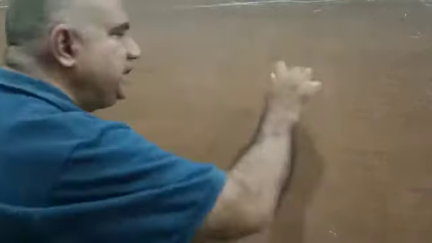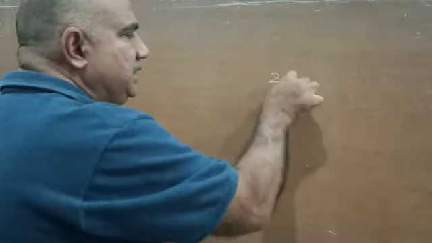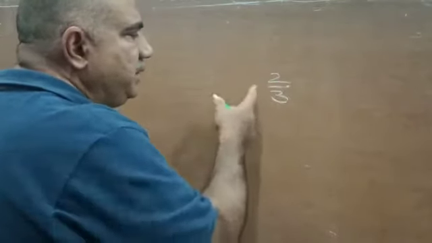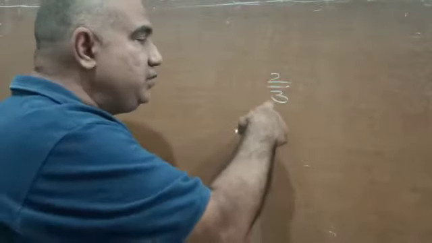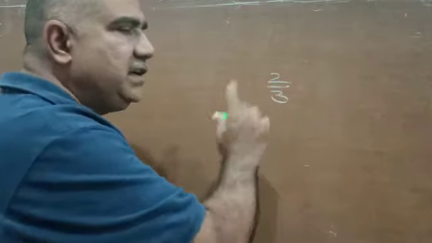Hello students, in this class of ours we will study a little more on rational numbers. So if I tell you, a rational number by definition was a number which can be written in the form of p upon q, where p and q are both integers and q is not 0. So 2 by 3 is a rational number undoubtedly.